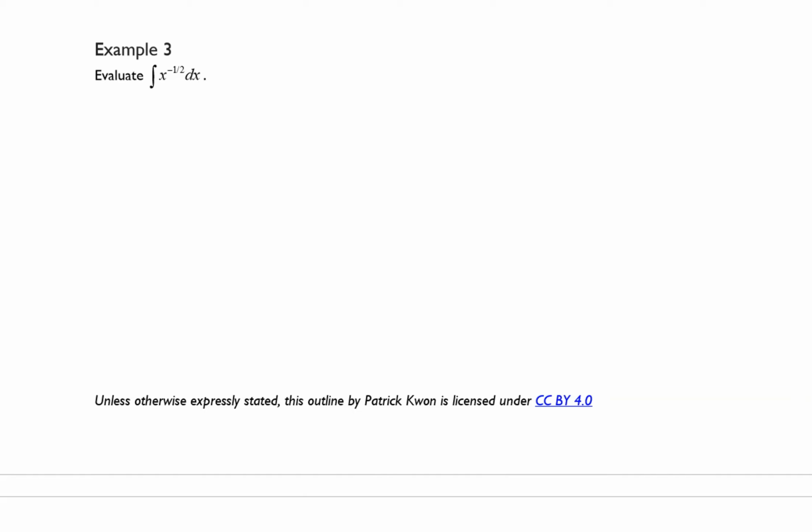Example 3 says evaluate the integral of x to the negative 1/2 power dx. So here we want to go ahead and use the power rule that we just learned. So the integral of x to the negative 1/2 power dx is equal to, we want to increase the power by 1, so negative 1/2 plus 1, which is equal to positive 1/2, and then we want to divide by positive